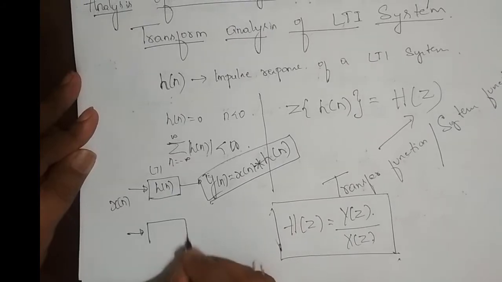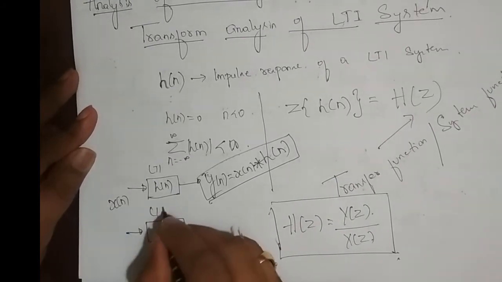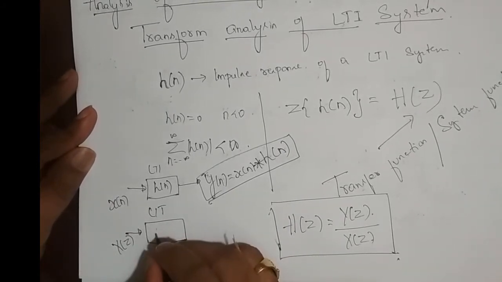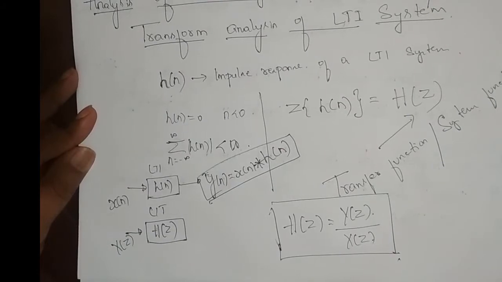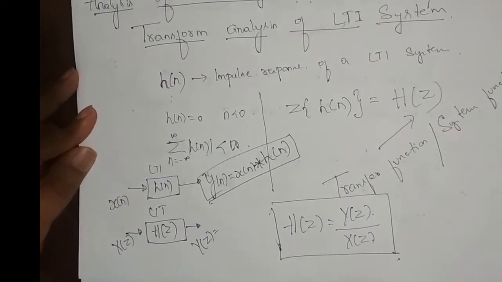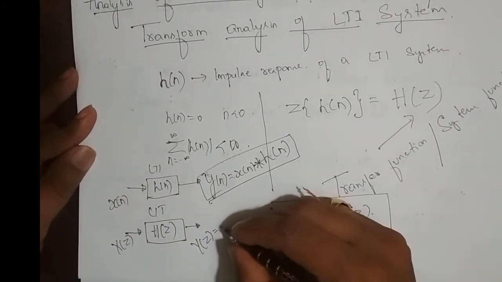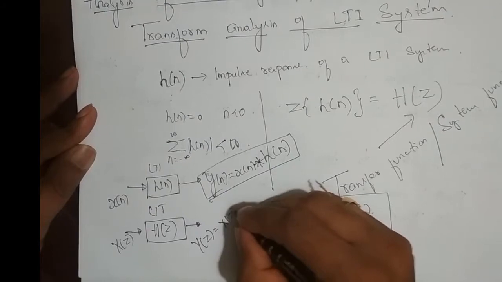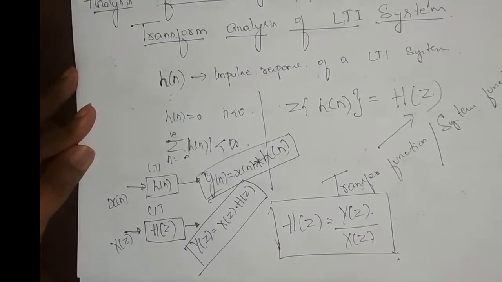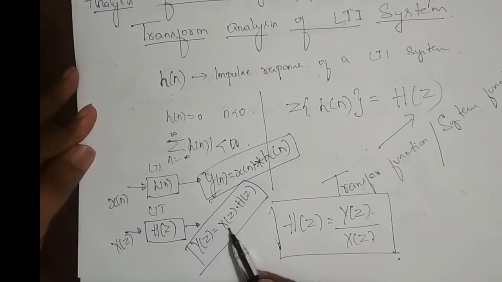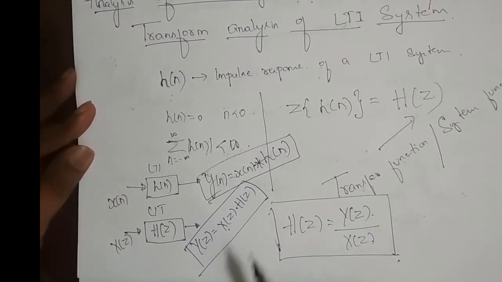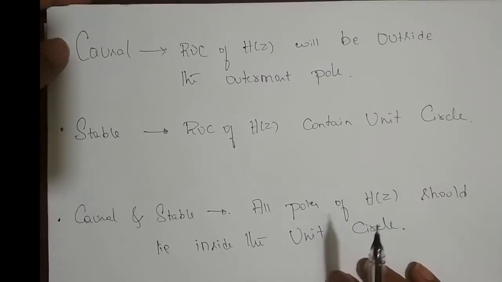In transform domain, say I have an LTI system. Input is z transform of x of n, which is X of z. Impulse response is z transform of h of n, which is H of z. Okay, and what is the output? Y of z, which is the transform of y of n, is nothing but multiplication. So it is nothing but input X of z multiplied with system function H of z. This is in transform domain, and this is in time domain. So these two are very important, because in the later videos we are solving problems on this. Okay, we shall come back.